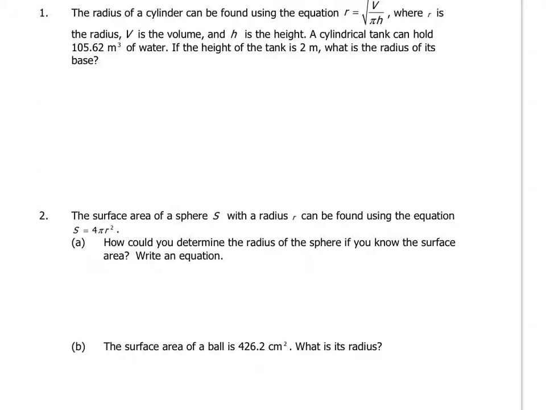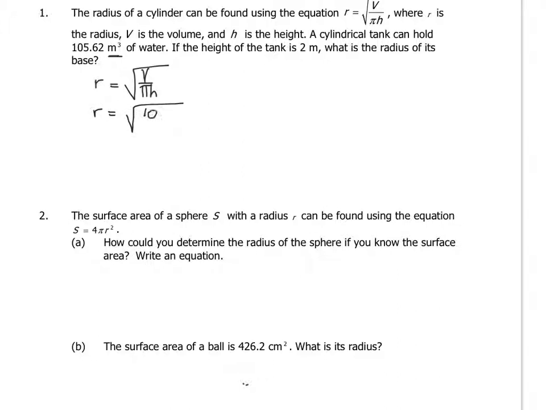So it says a cylindrical tank can hold 105.62 meters cubed of water. So that would be a volume, because it's a meters cubed. And the height of the tank is 2 meters, so what would the radius of its base be? So we're going to use this formula that the radius is the square root of volume over pi times h. And we're looking for r